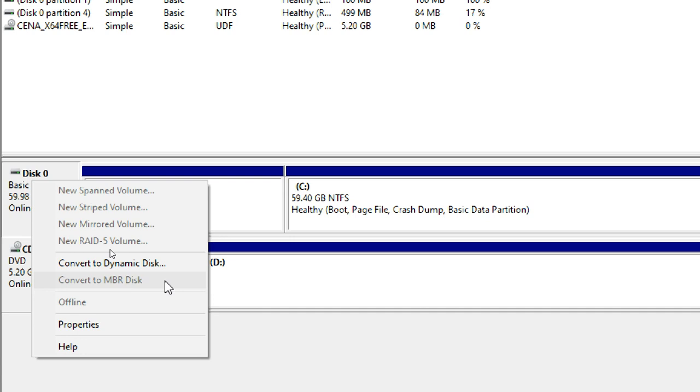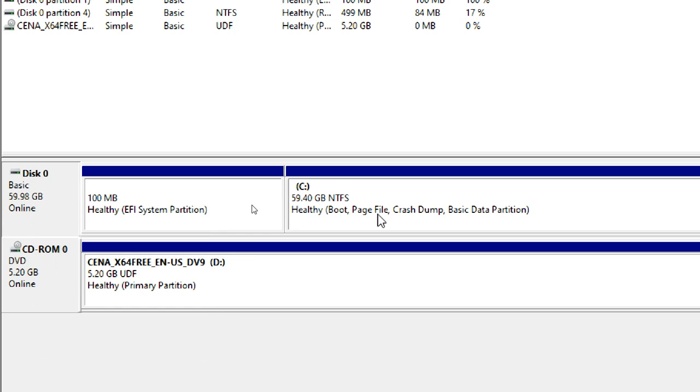This part is completed. Okay, next, it is showing basic and you can convert into dynamic, but don't convert into dynamic, not even accidentally. If you want to do these MBR and dynamic things, you can add an extra disk and do it. I will tell you how to add it.